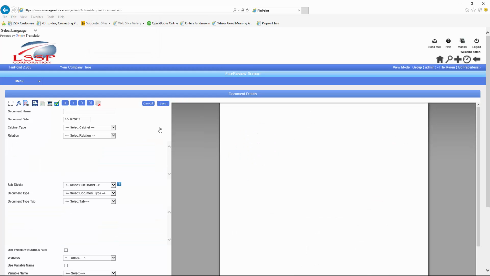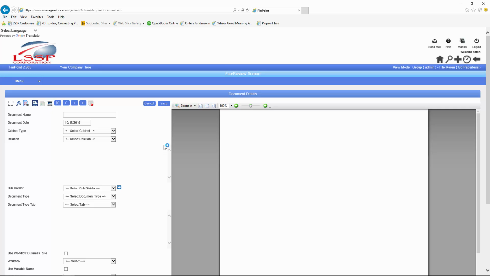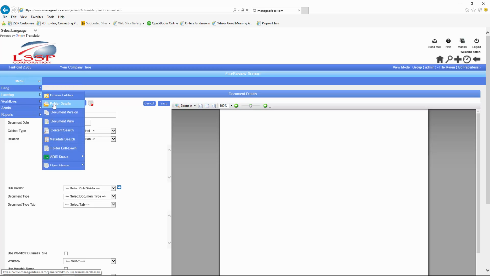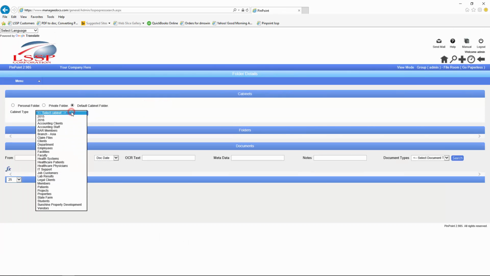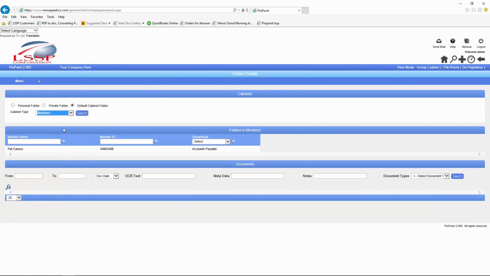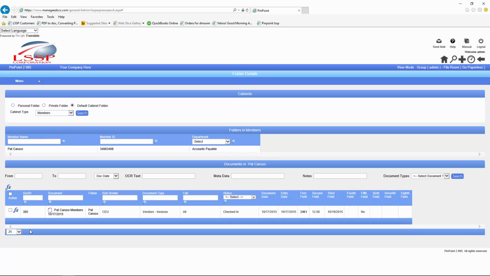Now, what I wanted to point out was that document was named whatever, 2015 and so forth. If I go into the system now, I'm just going to jump over to them. And so I'm going to go in and do a locate on folder details. If I go into the system right now and look at this, members, bring them up, notice what it did. It renamed this file with the folder name, the cabinet name, and the date. So the system put in the file all of that information for me automatically. If I bring that document up right now,